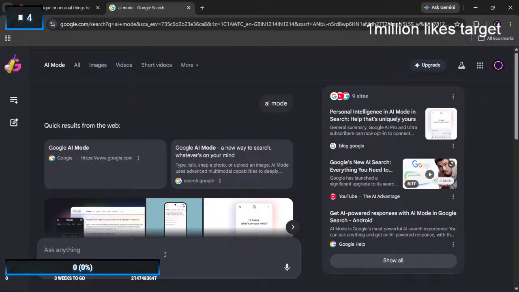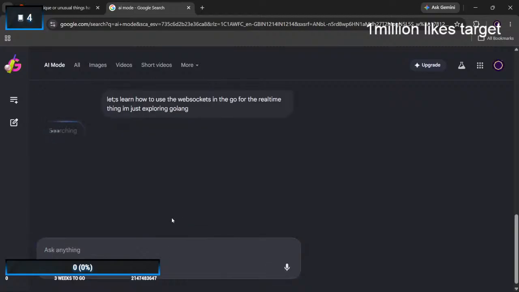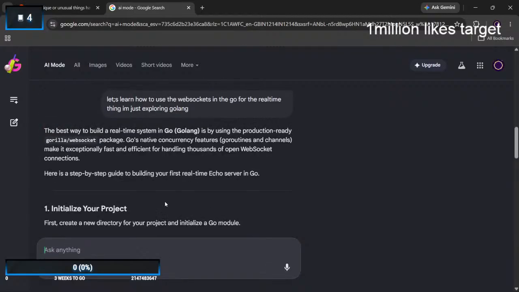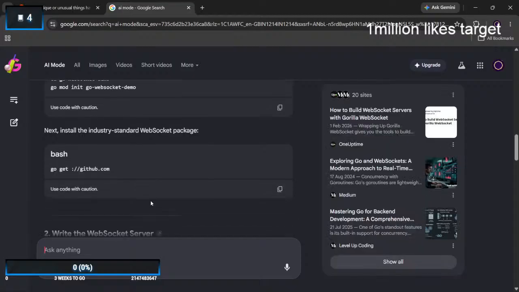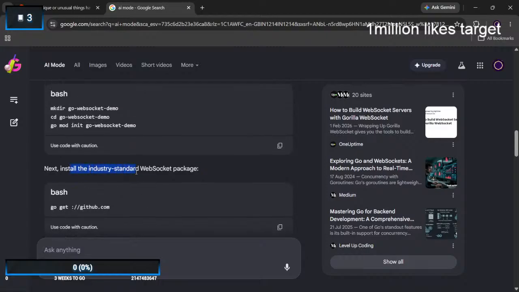Now we are going to learn how to use the WebSockets. Maybe I need to again git clone some repo, I guess. Yeah, as usual, as known. Install the industry standard WebSocket package.